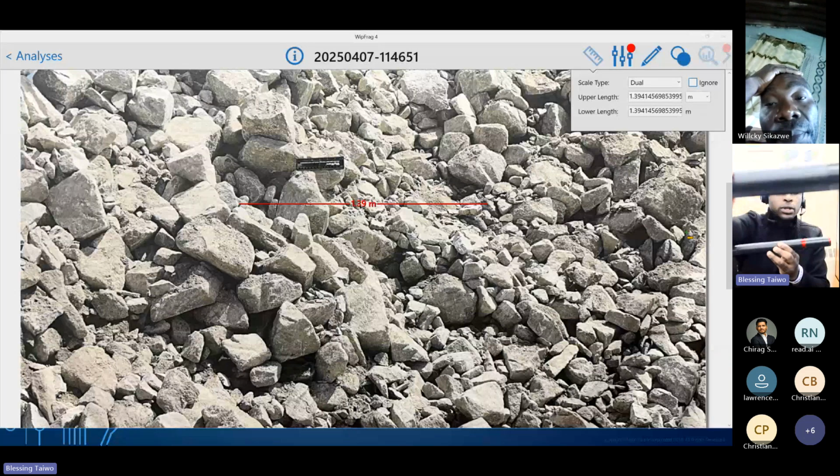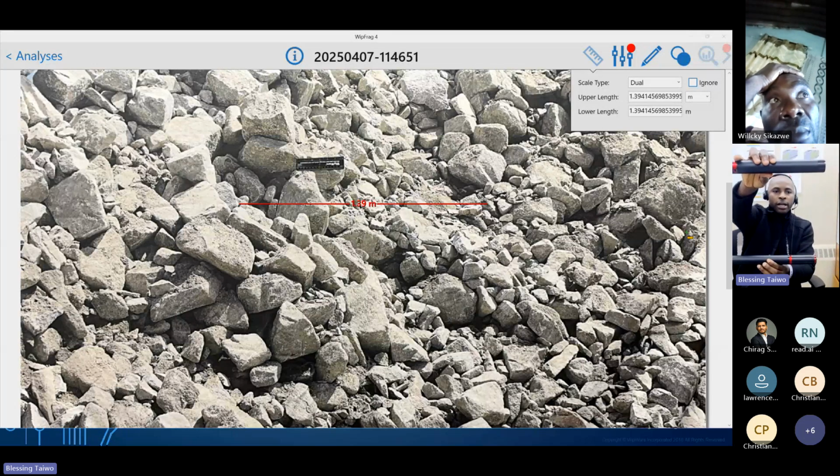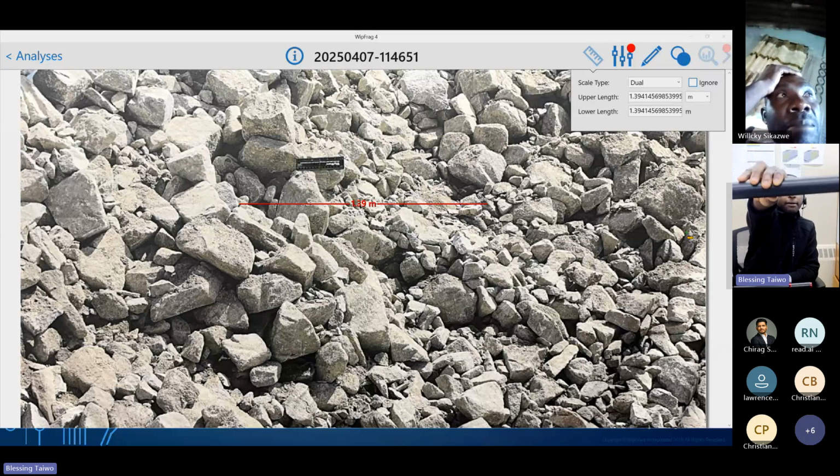This rod is closer to the camera, as you can see here, and the other rod is far away, making this rod appear bigger than this one, because this is closer to you and they are at different angles. So this is a slope. I create a slope between them by putting this at a far approach.